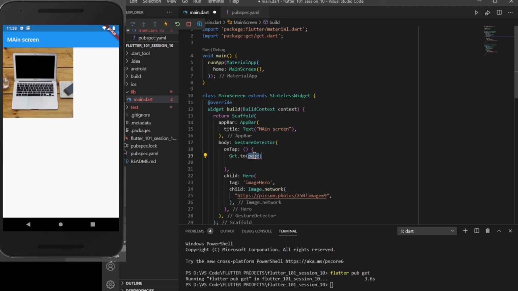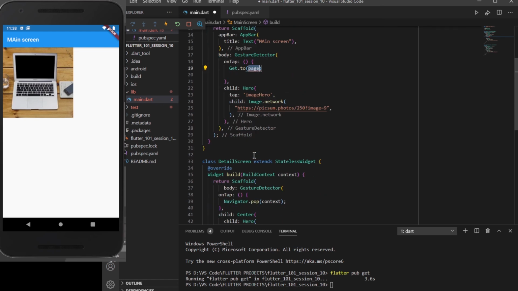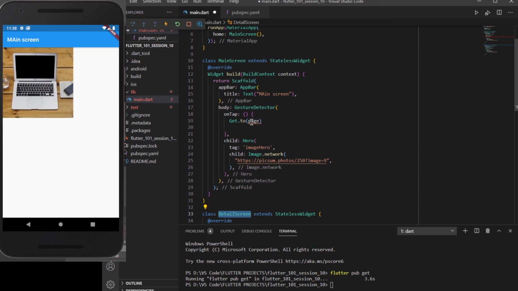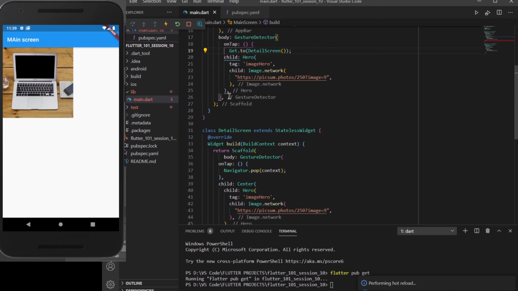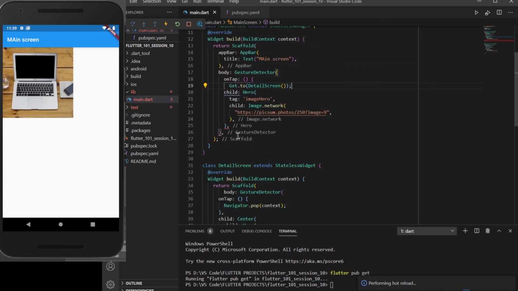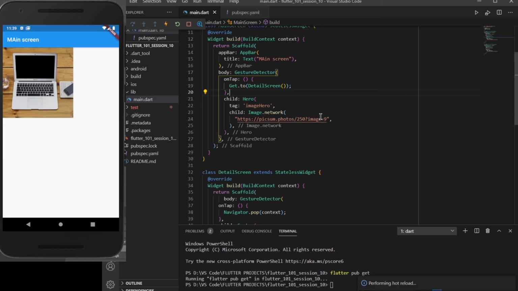Now inside this I need to pass a page, so we'll have this detail screen page here. I'll copy it and paste it here. By mistake I hadn't copied it. Now pasting it here, passing braces and a semicolon at the end. Let's wait for the errors to go away. It is showing us an error here, so I guess it is missing something. I guess it is this thing, and now adding a comma. Now the error has gone away. Let's see if it works or not.